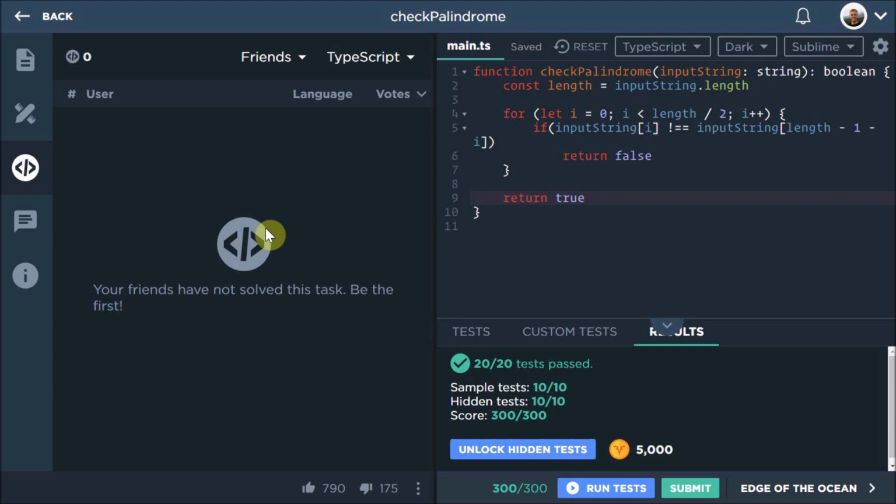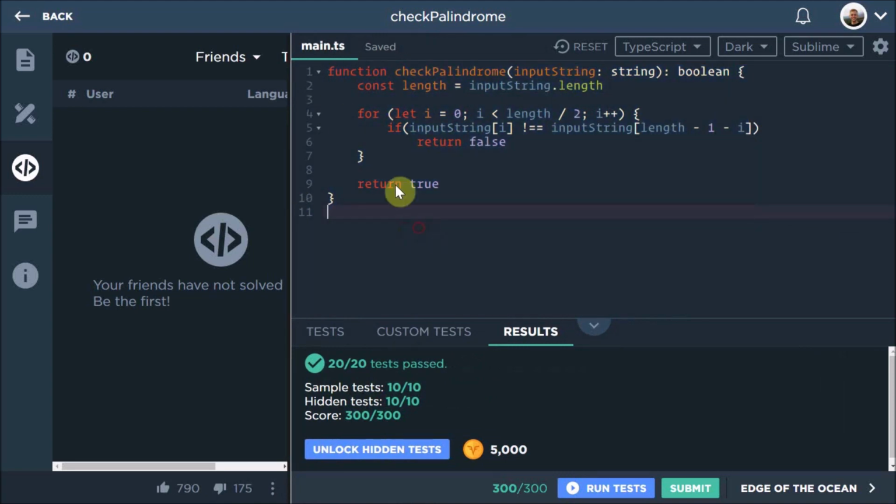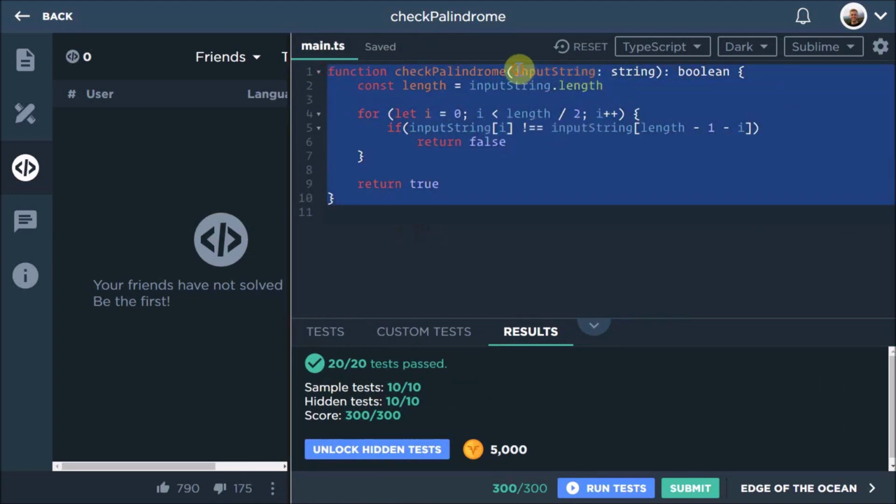In the next video, I'll talk more about TypeScript and less about algorithms, because right now I've been pretty overwhelmed with just having to show you algorithms, and it's become quite a lot. The only bit of TypeScript we have here is the string and the Boolean, and you'll understand in Visual Studio Code that there's so much more to TypeScript than just this basic stuff. It will help you so much in the future.